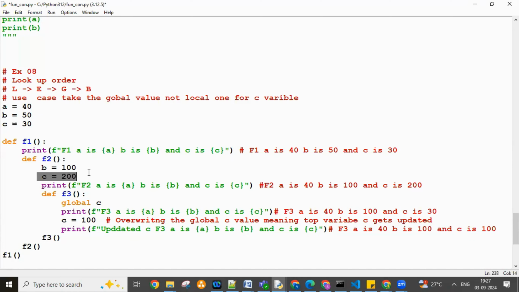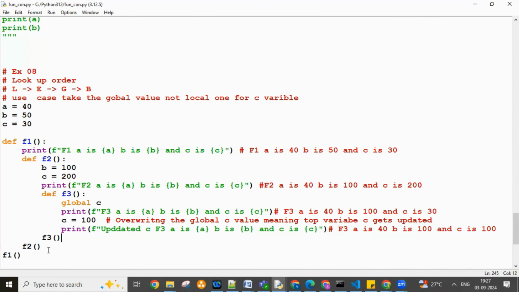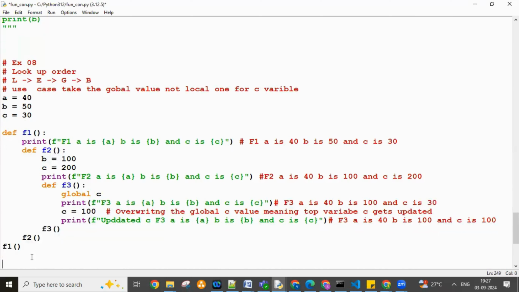So C is 200, for example. If I execute this, you will see whatever we just discussed, the same values on the output screen. Got it? Whatever you explained, the same values you could see here. But the problem is now outside of everything, let's say outside of the function,